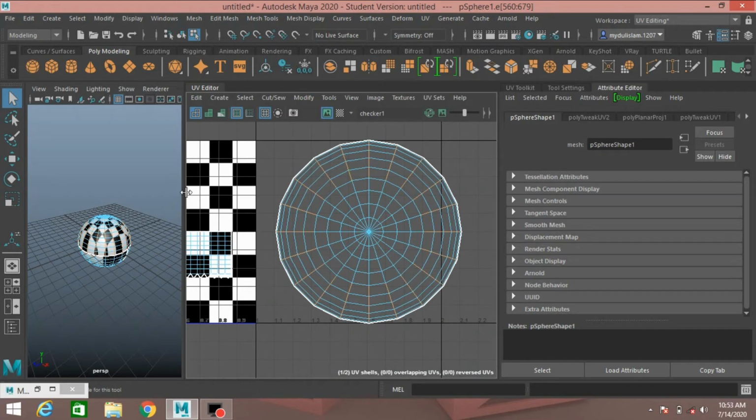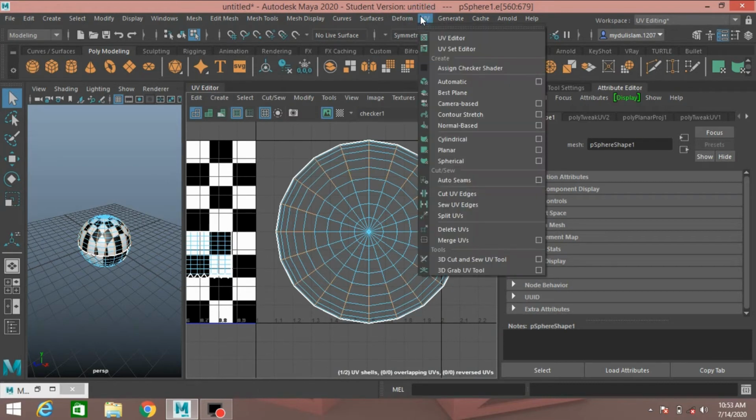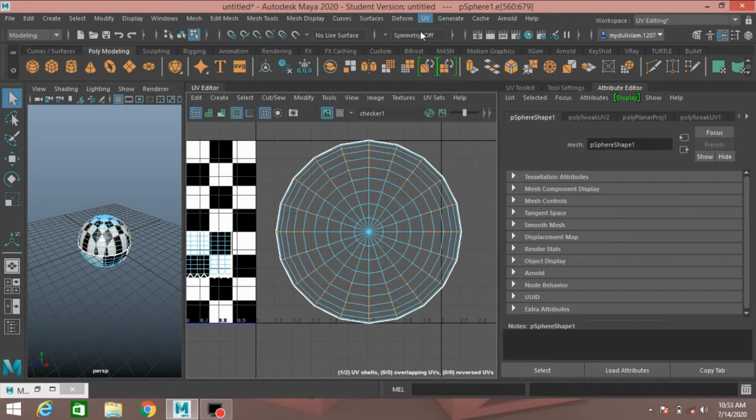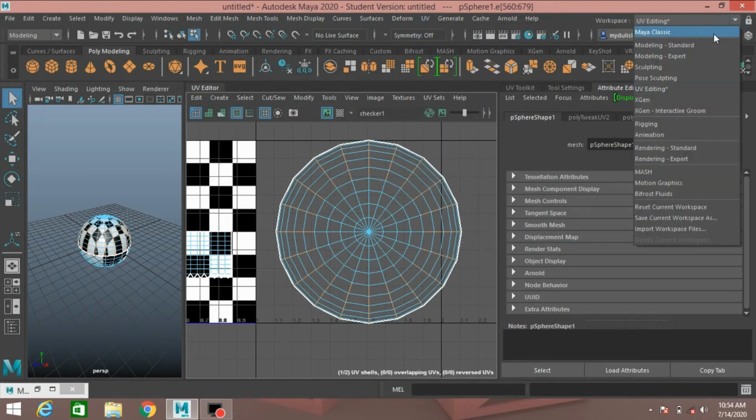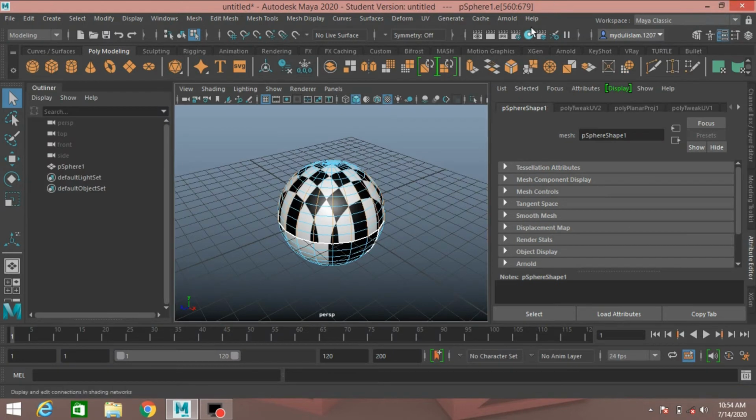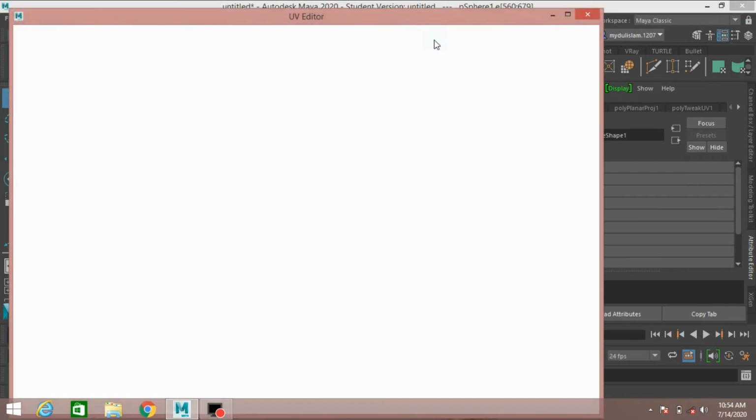Now go to UV editor. Workspace, change Maya Classic, UV editor.